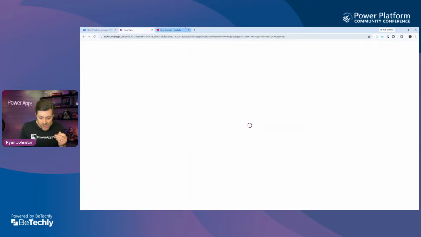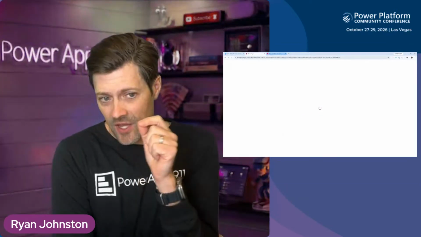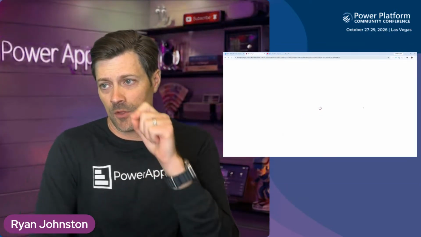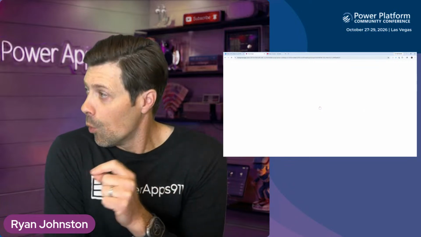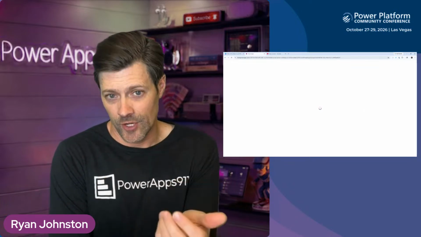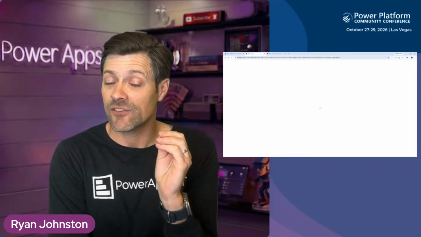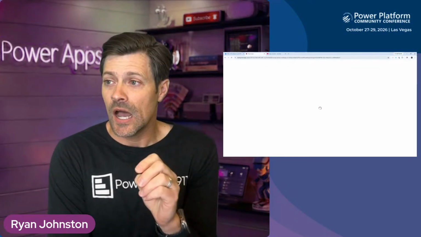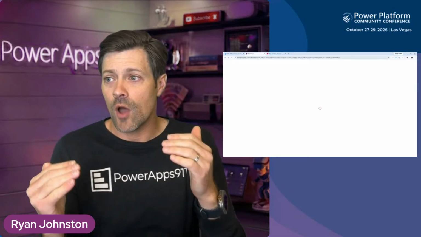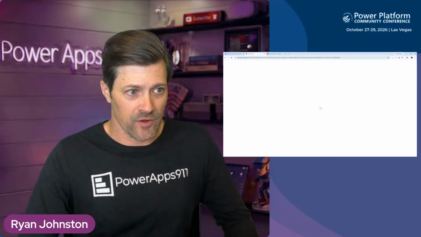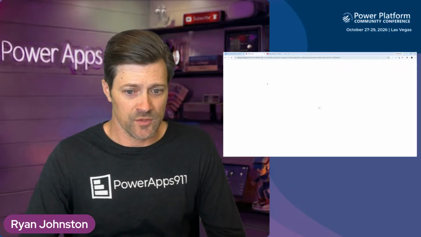So let's talk about what we're going to do here. When this loads and we get to looking at the filter mechanism, one of the very difficult things about creating robust filtering in Canvas apps, particularly if SharePoint is your data source. Let's step back a little bit. If you have any kind of a pro code background, and we're going to just try to refresh this one more time. If you have a